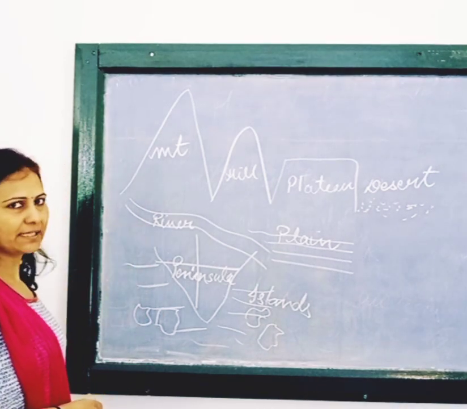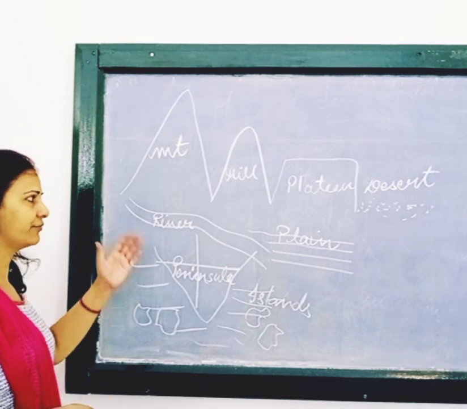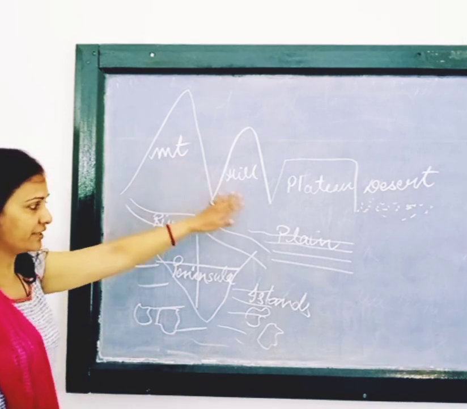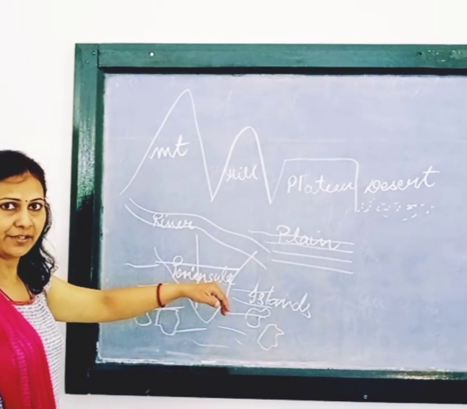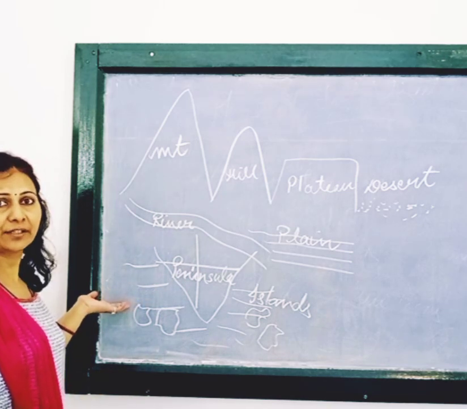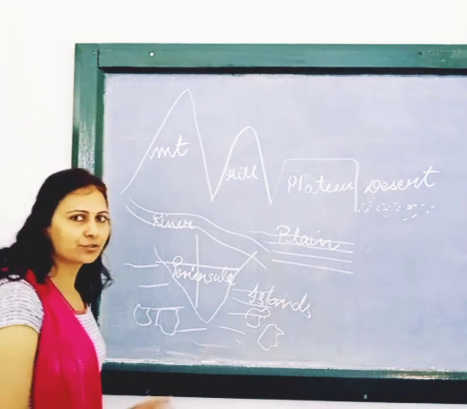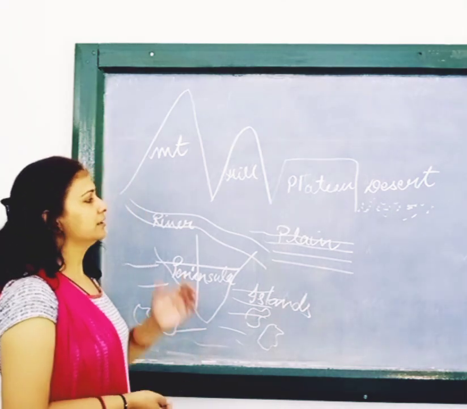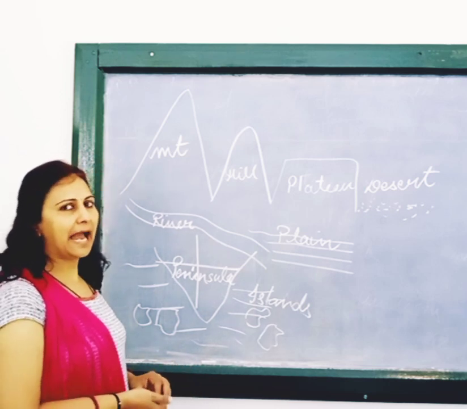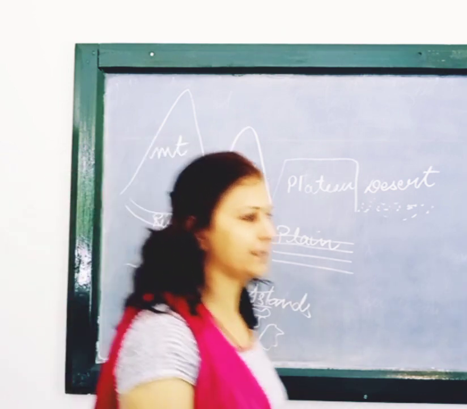But basically the topic is all about the physical features of India. Are these physical features in India? If yes, then what is the location and what are its characteristics? This we will study in detail. But before moving towards the detailed topic, let's have a small journey of the models. So come with me.